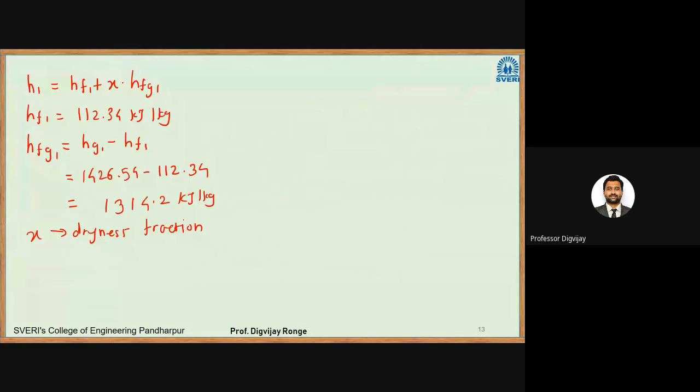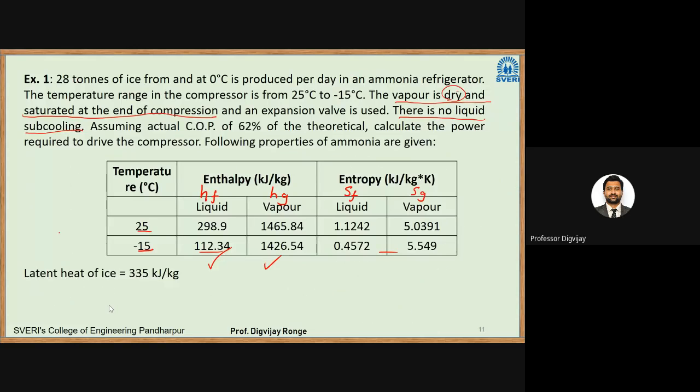So for the compression process 1 to 2, in that case entropy remains constant. So entropy S1 will be equal to entropy S2, correct? So entropy S2 is nothing but the entropy of gas at point 2. So let us see if it is given. So we have to look in this case for point 2. Point 2 means that the temperature is 25 degrees Celsius. So I have to look here at 25 degrees Celsius, what will be the entropy of gas? So that will be